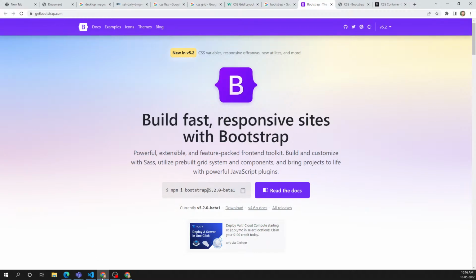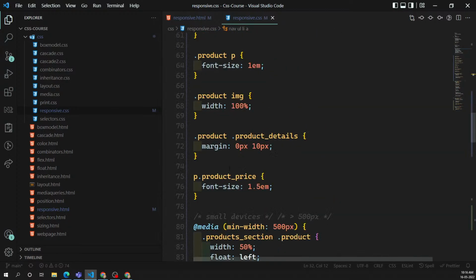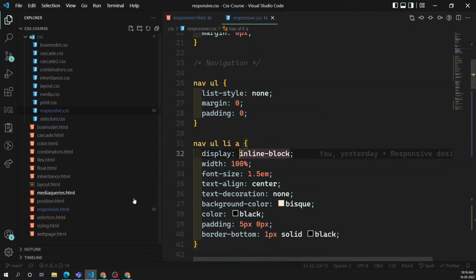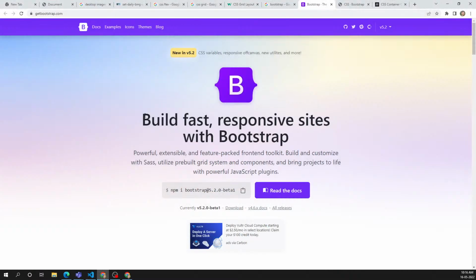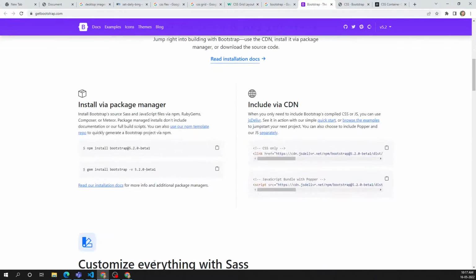Let's try to see. Now we have seen the layout designing using core CSS. So using the basic CSS, what we have learned these 2 weeks, we have done using this one. Now we will try to design a fast responsive website with Bootstrap supporting all the layouts. Using this Bootstrap, the CSS will be decreased in such a way that